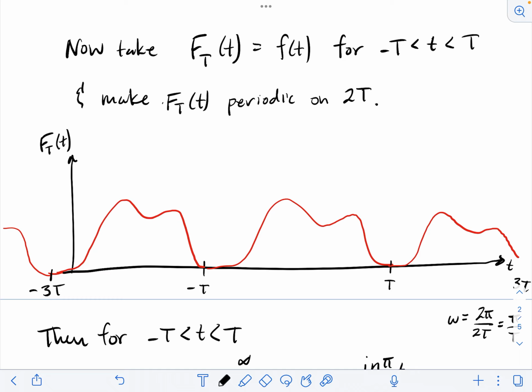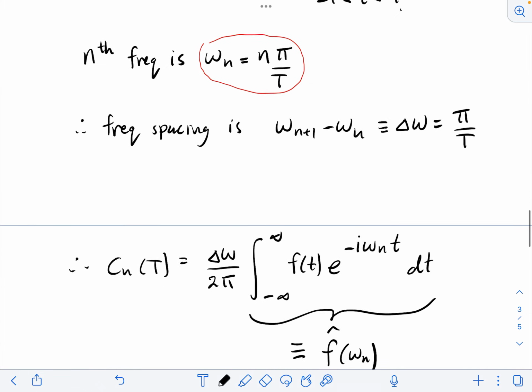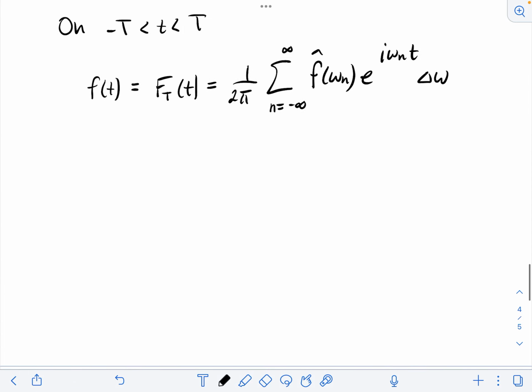And if we take the limit that the period goes to infinity, then we never have that repetition, and we're just left with our original pulse in time. So in the limit that we take T to infinity,